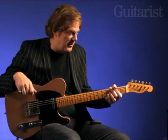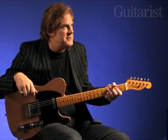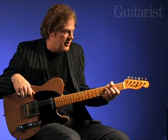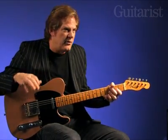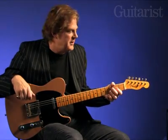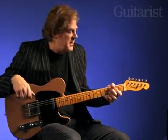First got into the Telecaster back probably 1973 or something like that. My first really good guitar was a Gibson SG Les Paul, which I still have. I love the sound of it, but I was hearing these brighter sounds on records, and I realized that they were Fender guitars. So I went looking for really either a Strat or a Tele at that time,